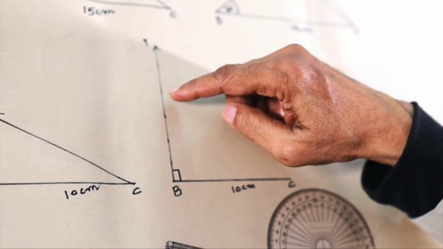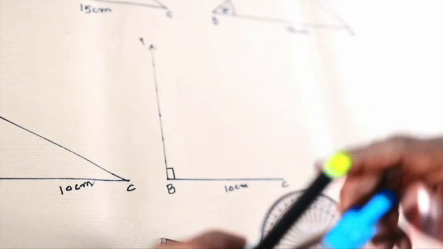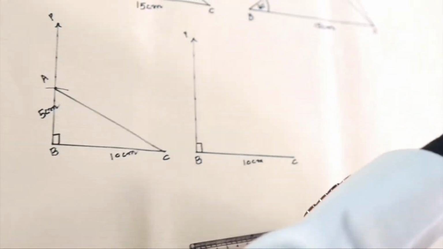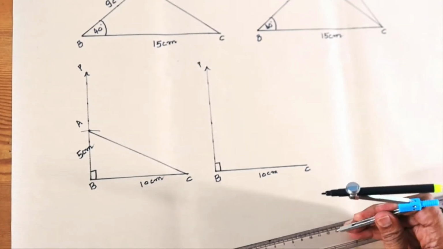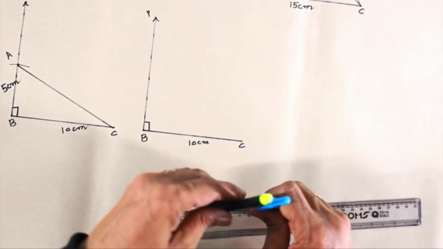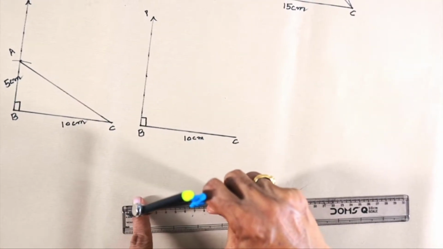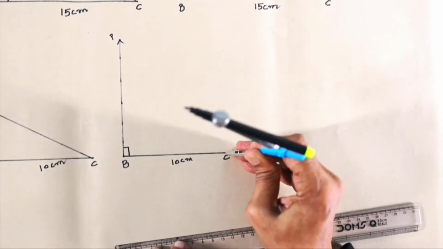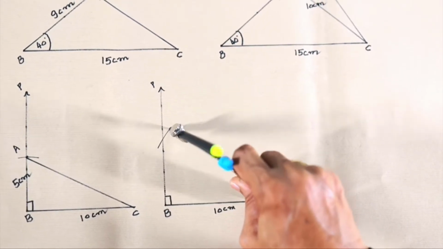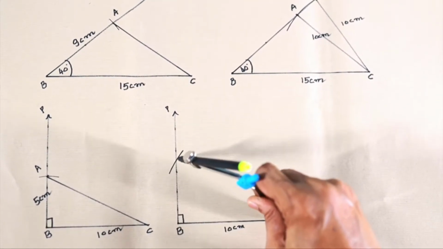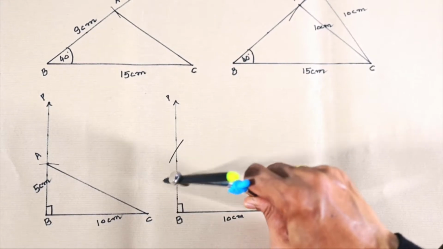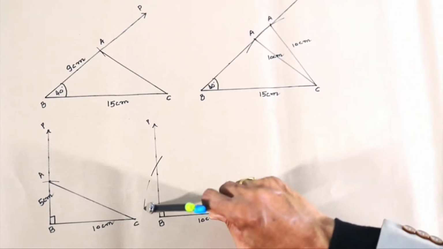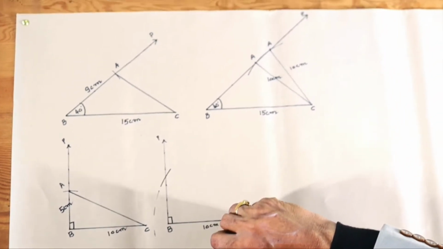Now this case is very interesting. Now let us say that this side is given, that is the hypotenuse is given as say 12 centimeter. Okay, so let us take 12 centimeter as the radius using the compasses. So this is 12 centimeter. So with C as center, let us cut this. See, it will cut this ray BP at only one point. If you want, you can extend this below also, or you can continue like this and extend it below.